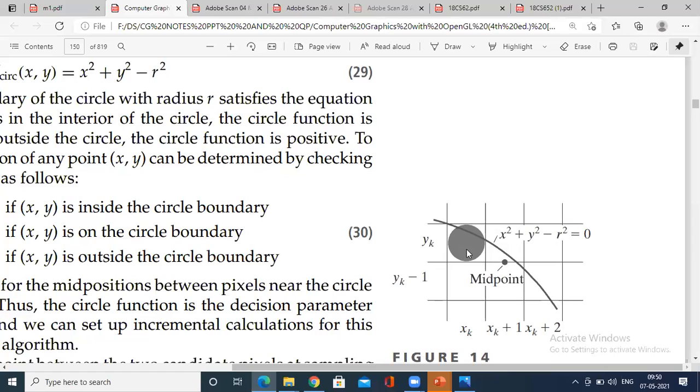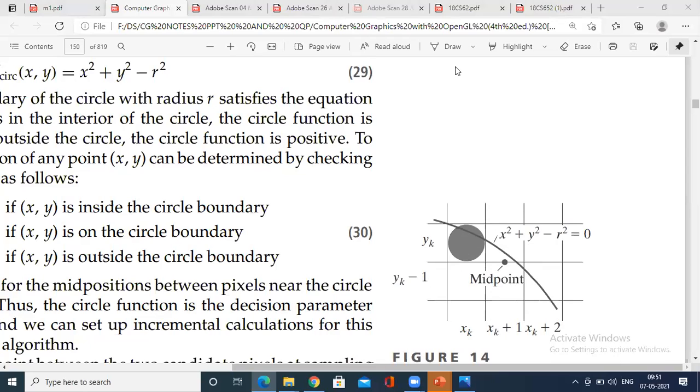So this is a pixel, right? Similarly xk plus 1 will be the next pixel, and again xk plus 2. So in the case of x, you don't have an issue identifying the pixel. It simply grows with each interval. When it comes to yk, the decision parameter determines whether yk is selected or yk minus 1 will be selected. Again here also, whether it is yk or yk minus 1. Maybe here it is yk, right?